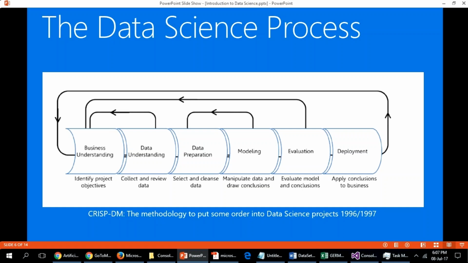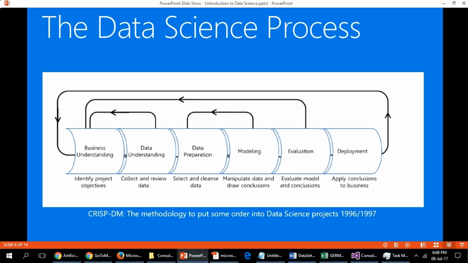Next is the modeling part. This is where we create the predictive model. We apply the machine learning algorithms that we have. And then once we have passed our model to the algorithms, the next step is to evaluate it. So there are some techniques to evaluate a model, to verify its accuracy, to see how it's behaving. And at each step, if we see that the accuracy is not good enough,